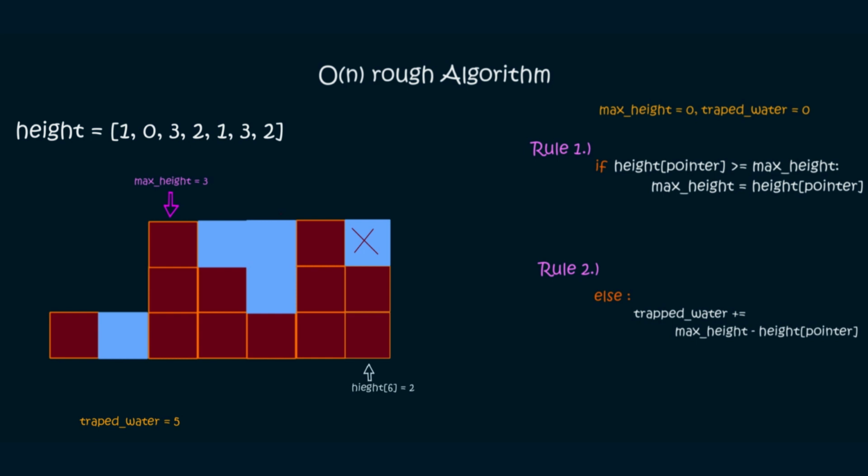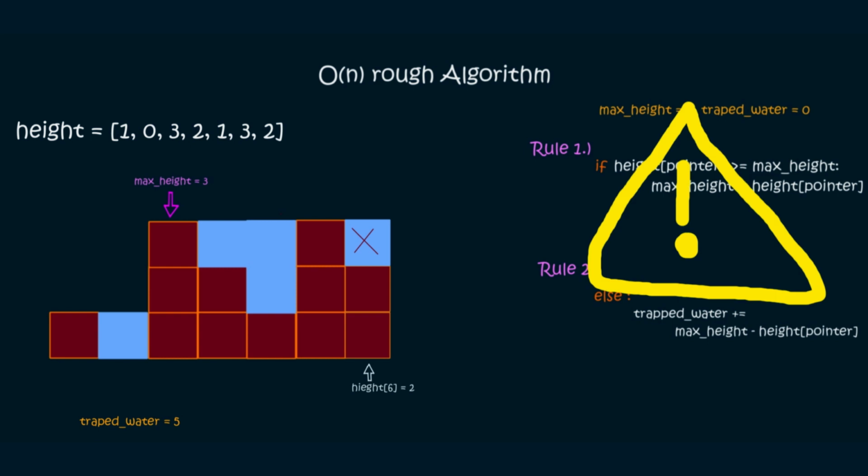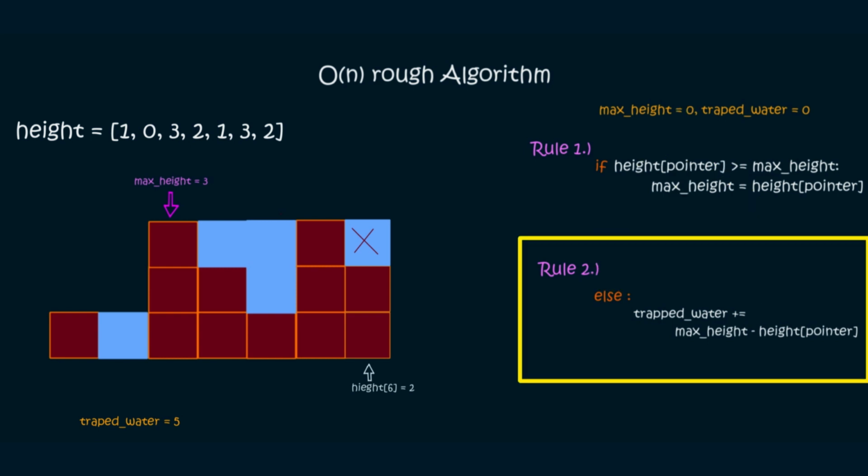So we need to make some changes in our algorithm. If we are following rule number 2, then we need to ensure that there is at least one bar whose height is greater than or equal to the max height. In order to solve that problem, one solution can be to go to the right side before following rule number 2 and check whether there is at least one bar whose height is greater than or equal to the max height or not. However, this approach would result in a time complexity of O(n²) instead of O(n),